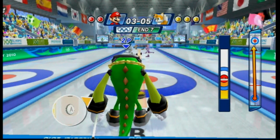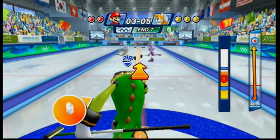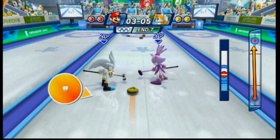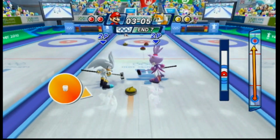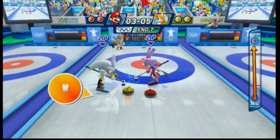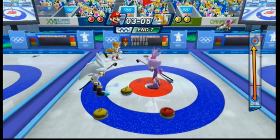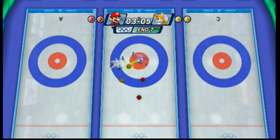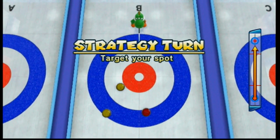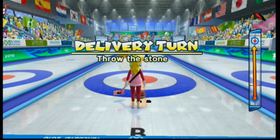Vector will get ready to throw here. And can they respond? Think of your Tails, you would think you would need maybe about 2 to 3 more points to put this match out of reach. Yes. Right now, that puts a tail stone closer to the center here as Team Mario gets set with Peach to